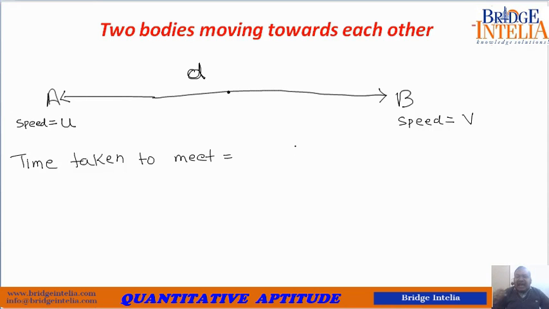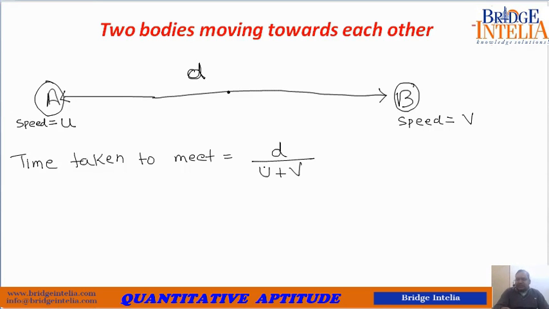Distance is the target that you have given to them. That means you have asked both of them to do a work, and the work is to cover this gap. You have given this work to two people and they both are helping each other to do this job, because they both are trying to meet. They are trying to do the same work. They are helping each other, and helping means addition. So distance is D, and speeds get added up. They are helping each other.